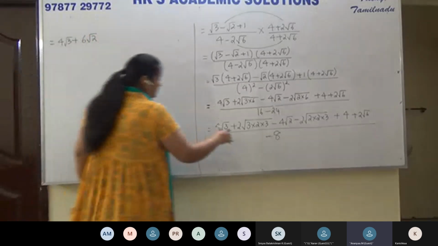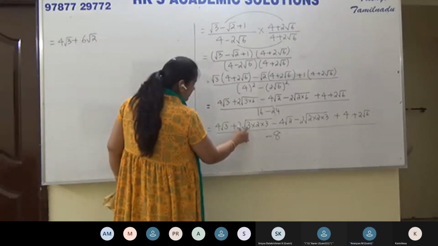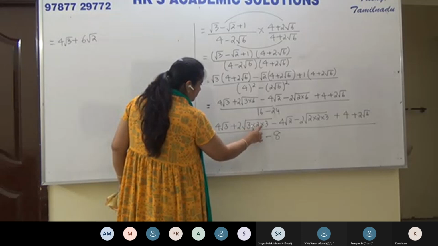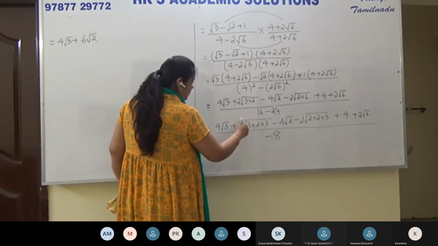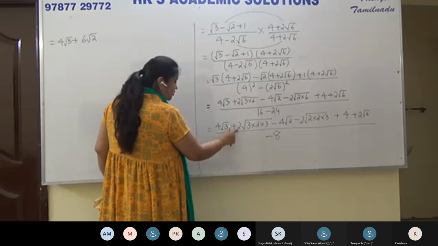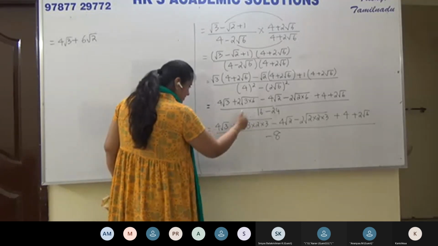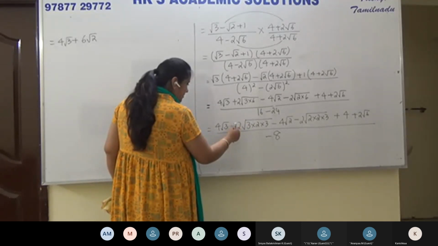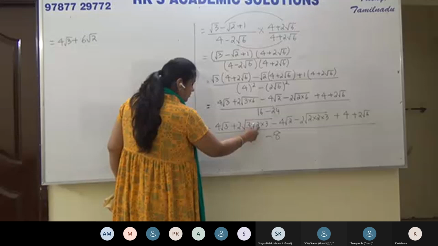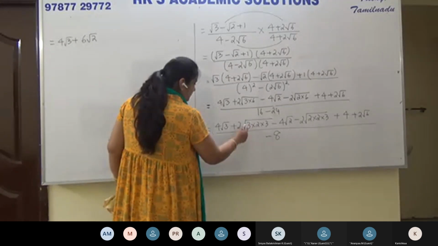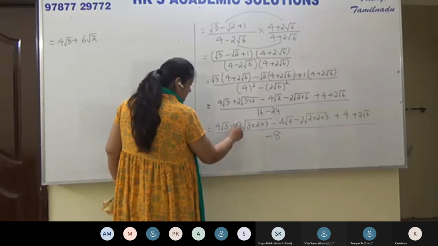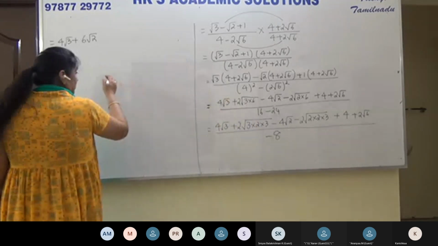Let me just explain that again to the class. See, children, under the square root we have 3 into 2 into 3. We have two 3's, so one 3 comes out of the square root. And out here we have 2 already. So 3 which comes out into 2 is 6. And what remains under the square root? 2. So 6 root 2.